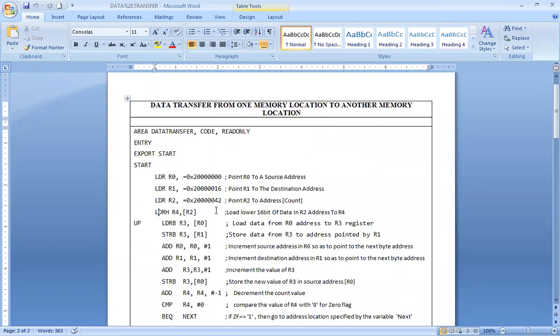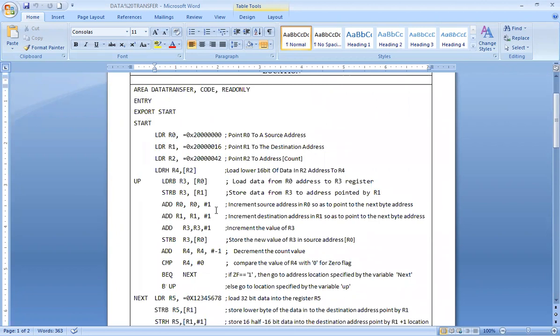So here in the first program, we'll be seeing that the initial declarations are given, and we have certain addresses given to R0, R1, R2, and how exactly we are going to use these instructions, and what these instructions are used for.